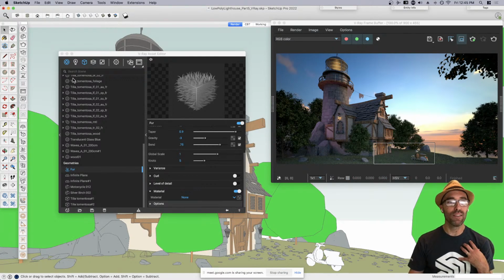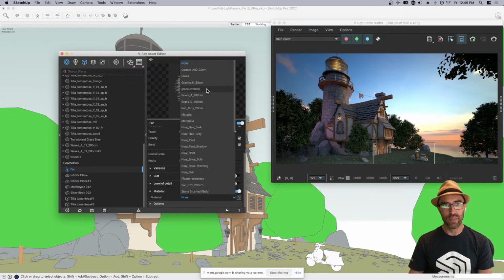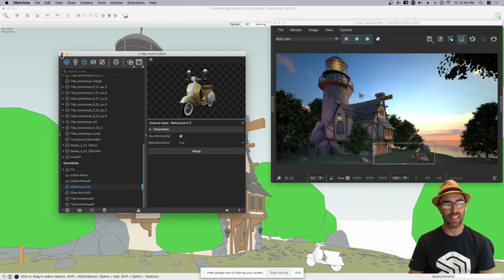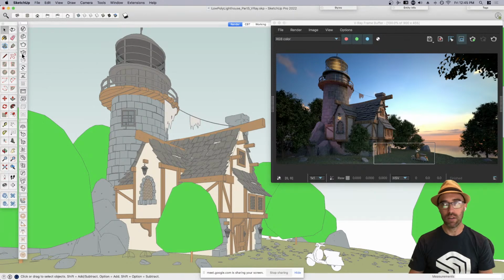That material is now in my model. So what I can do is click on where it says material override. I'm going to override that grass material, and I'm going to pick the one that's called grass override. See, I was already thinking ahead, so I named it. Now you can't see it here. It doesn't preview it. But if I go back in here and I press my interactive render,